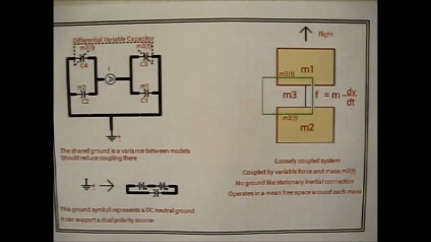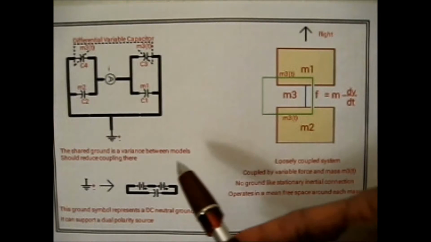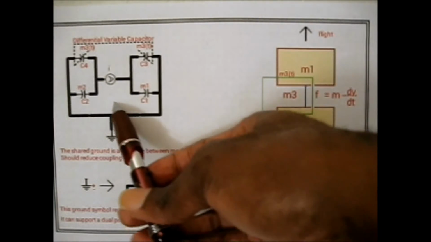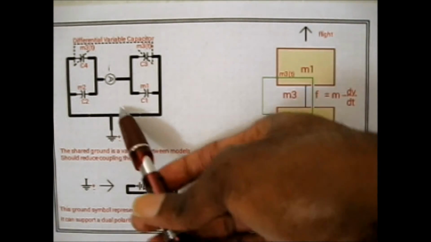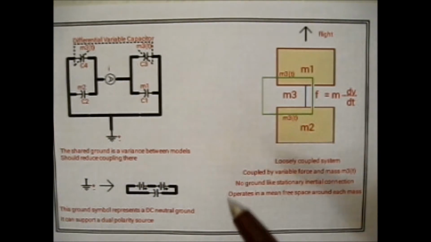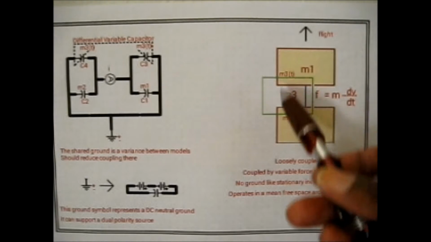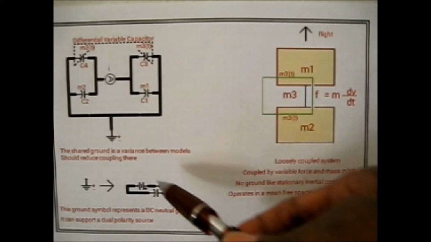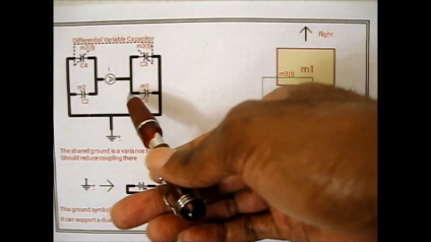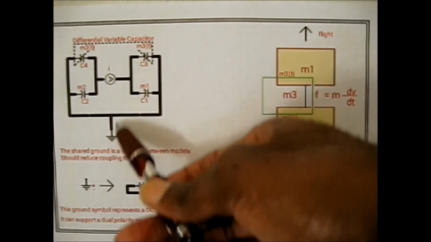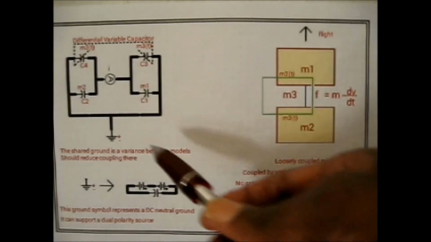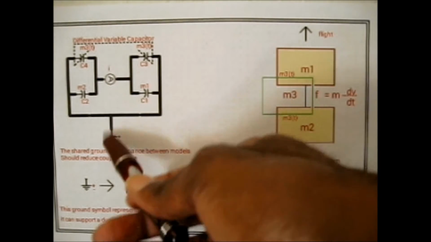When we get to the electrical analog, we notice that there is a variance between the models because this electrical analog is a bit more strongly coupled through this ground connection that both of these two blocks share, unlike the situation we have in the mechanical system. So in order to make this a more accurate representation of the mechanical system, we will want to reduce the coupling here. Before we do that, we're going to have to discuss this